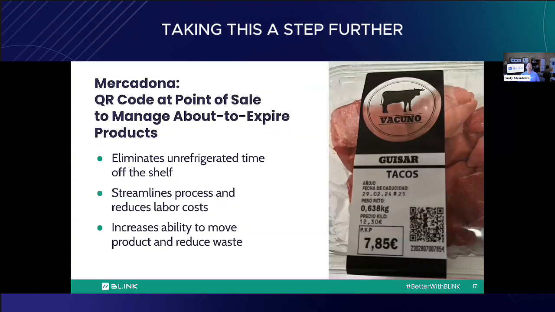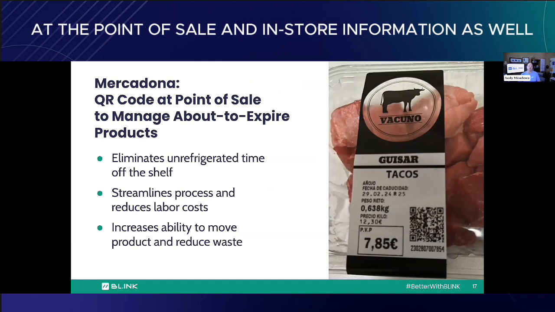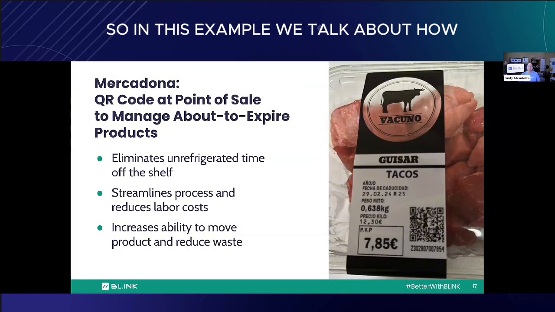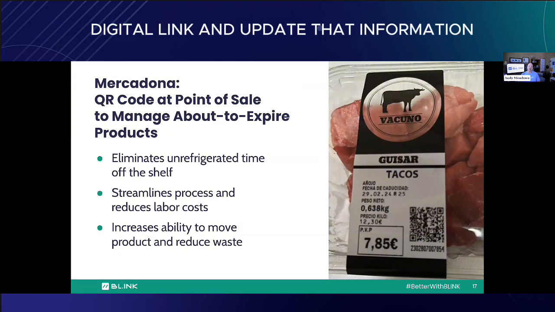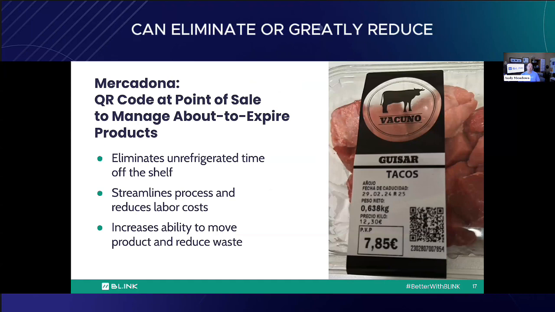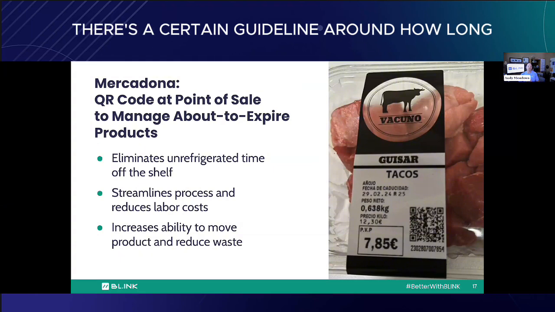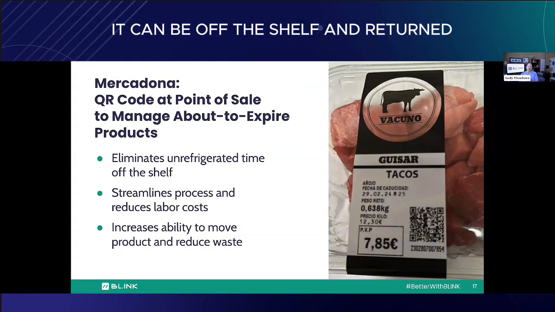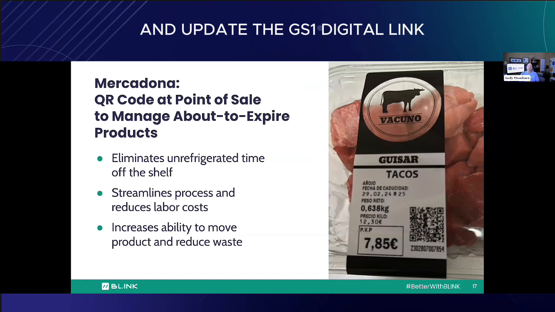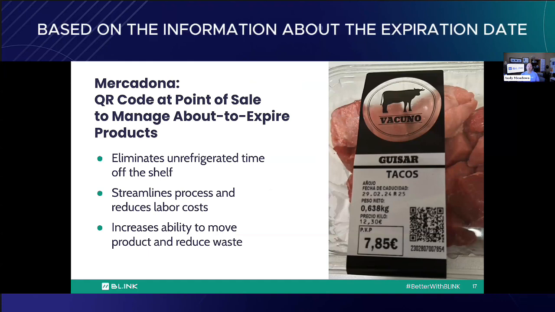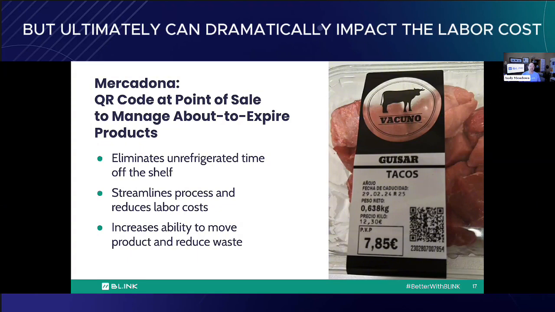Taking this a step further, here's another example around optimization at the point of sale and in-store information as well. In this example, we talk about how being able to put the GS1 Digital Link and update that information can eliminate or greatly reduce the time that a product is off the shelf when it's a refrigerated product. There's a certain guideline around how long it can be off the shelf and return. So if you have someone who can walk through and update the GS1 Digital Link based on the information about the expiration date, whatever it might be, it really does streamline not only the process itself, but ultimately can dramatically